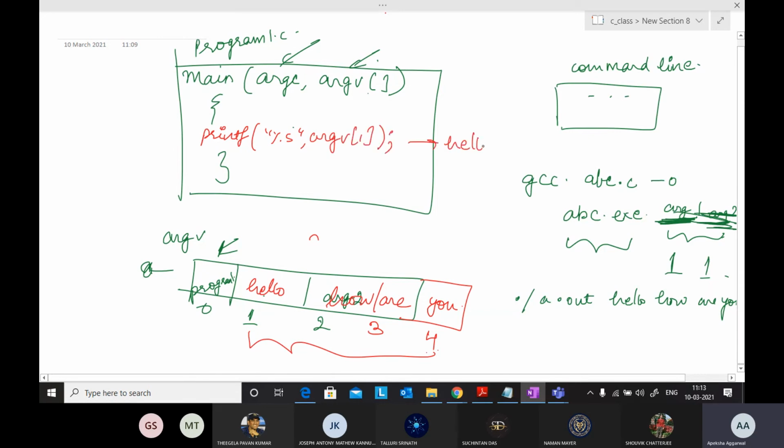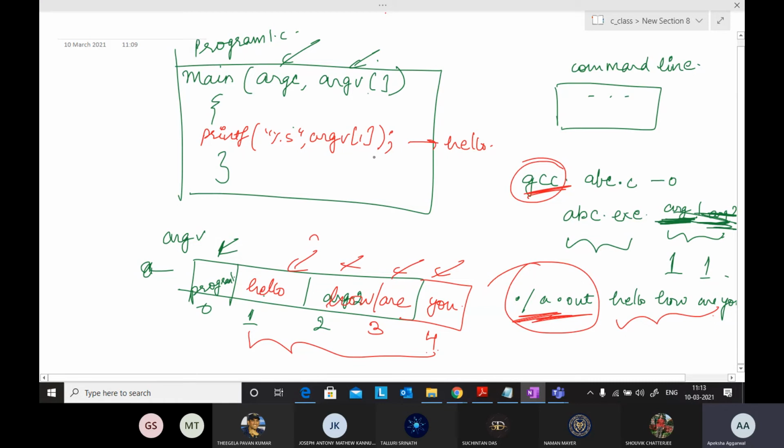It will print hello. So this is for compiling and this is for executing. I am doing GCC for compiling, and while executing I'm passing four values along with it, and those four values are stored in this argv array. First is the name of the program, and then hello, how, are, you.